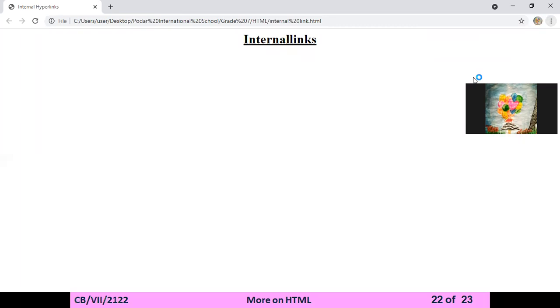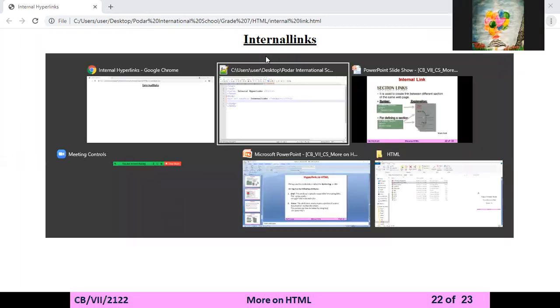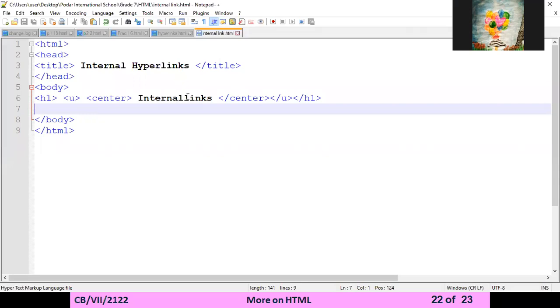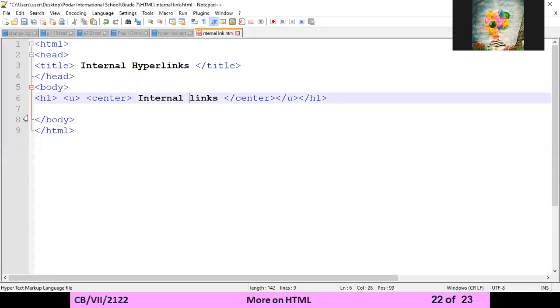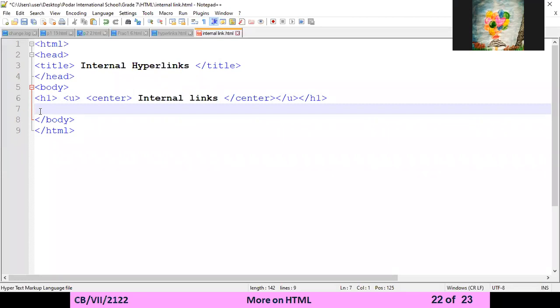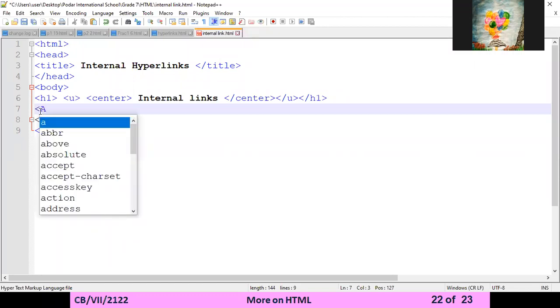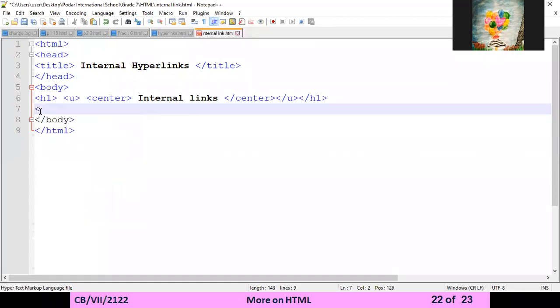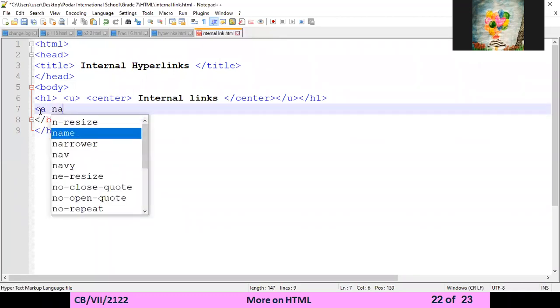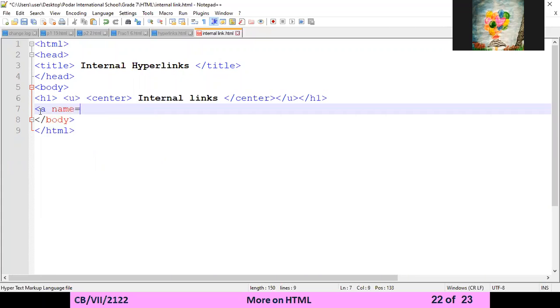Okay, so I'm right here, so you can see the output. Now, we are going to use the first internal link. For example, here you have to use the first A tag. If you want to write here capital, you can, otherwise you can also write the small a. Small a, first attribute name equals to, taking a demo,